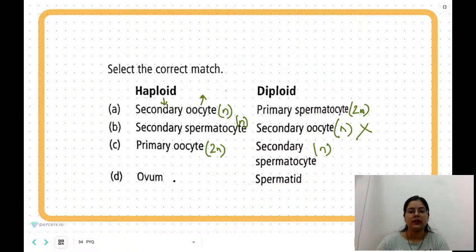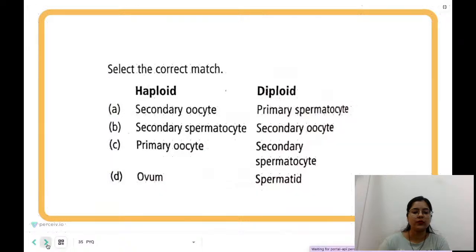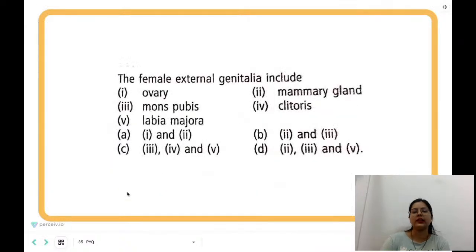ठीक है। ovum is haploid, yes, ovum is haploid, and spermatid is diploid, no, spermatids जो होते हैं वो अल्टीमेटली आपका स्पर्म्स में डेवलप करते हैं, तो दिस इज ऑल्सो, तो इसमें हमारा जो ऑप्शन सही होगा वो हो जाएगा ऑप्शन ए। सो दिस इज हाउ यू हैव टू डील विद द क्वेश्चंस, कंटेंट को फोकस में रखते हुए यू आर गोइंग टू डील विद दैट, ऑलराइट।